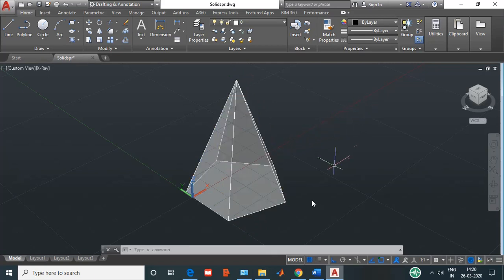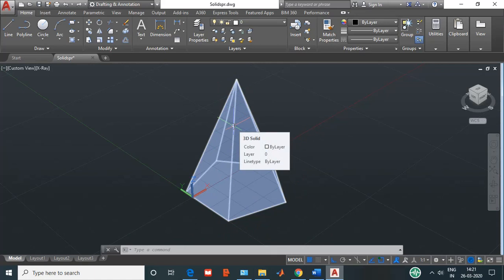So these faces what you are seeing, the triangular faces, are called slant triangular faces. You take any pyramid, whether it is a square, pentagon, hexagon, triangle, anything, the faces of the pyramid will always be triangular in shape. This triangular shape is called the slant triangular face, and the edge which joins the corner to the apex is called the slant edge of the pyramid.